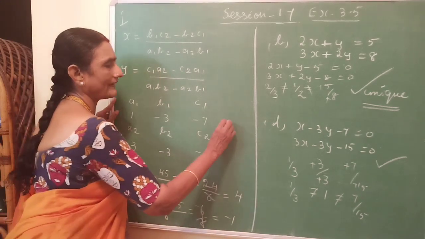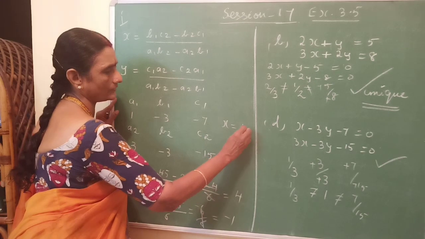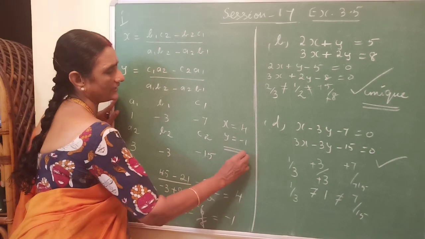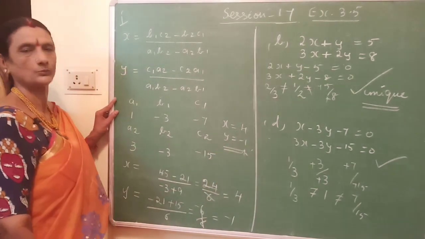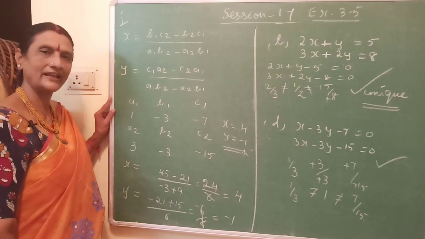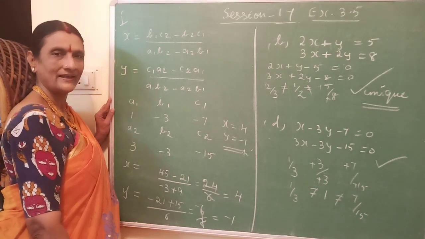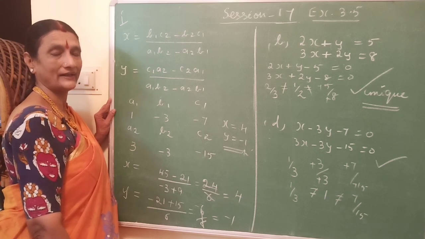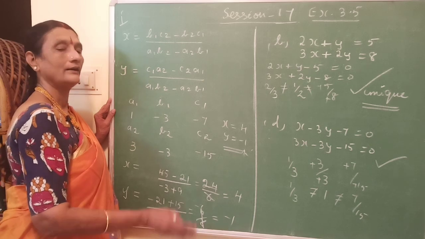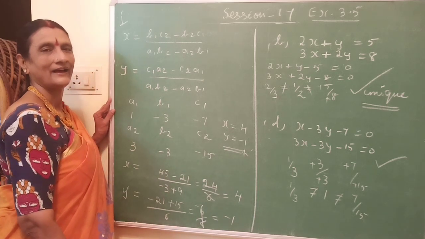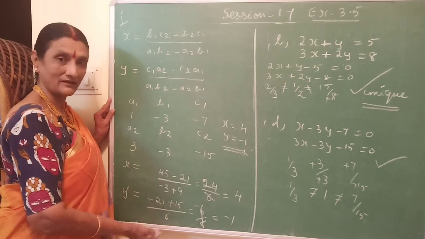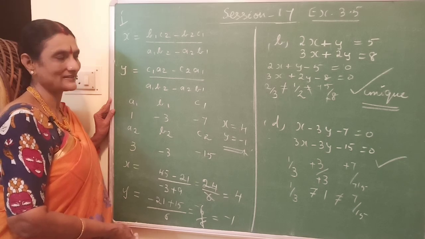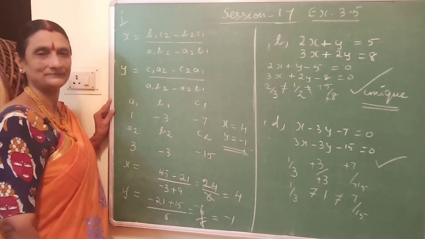Clear? Therefore, I write the value of x is equal to 4 and then y is equal to minus 1. This is for question number 2. Is that clear to all of you? Once again, you go through both the solutions as it is written in your notebook. In case you are not able to follow at any step, go through the video once again. Give a pause, find out what numbers are written here. Correctly you take down, find out where you made mistakes and correct it and obtain the correct solution.